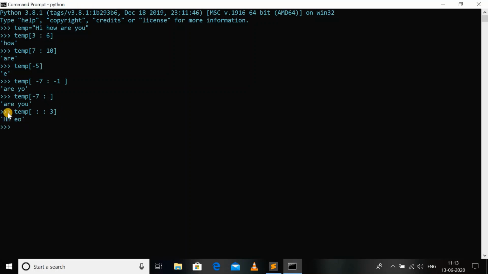As you can see, after printing the first H, it skips 1 and space 2, and then prints the H of the "how", and then again it skips two elements and prints the third element, that is the space. Similarly, in this manner you can see that when we pass the step parameter 2, it skips one element and prints every alternate element that it finds.